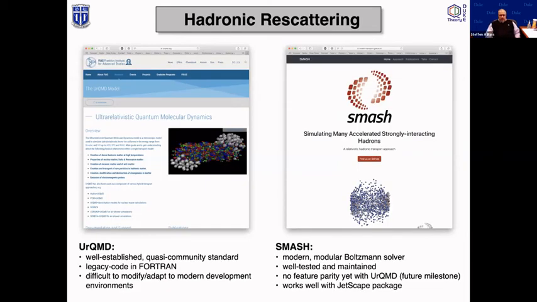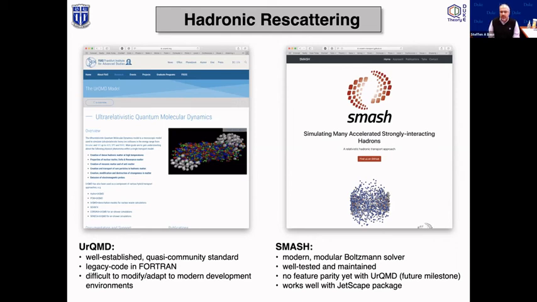Okay, when it comes to hadronic afterburners, there are two readily available. One is trusty old UrQMD, developed more than 20 years ago. That model has had a surprising stamina, I would say, but it's written in Fortran, and it may not be the easiest to handle these days, where a lot of the programming environments that our grad students are used to are actually centered on C++ codes